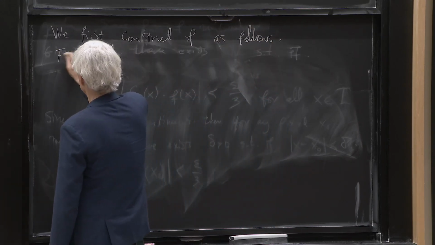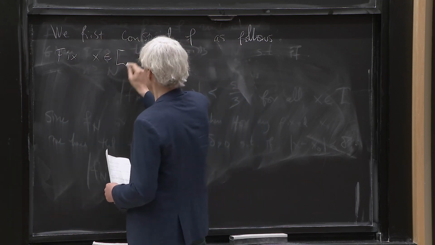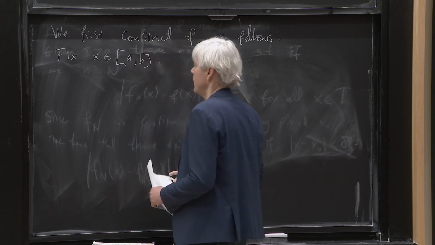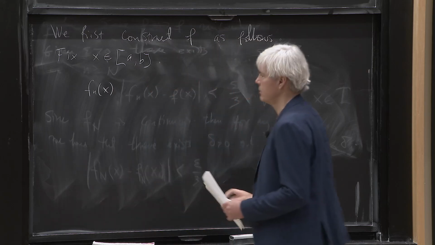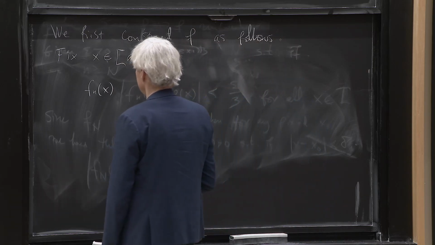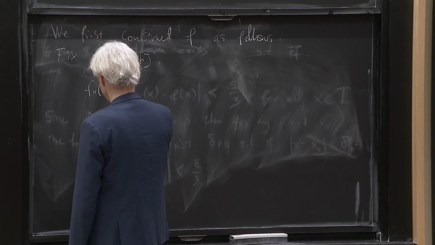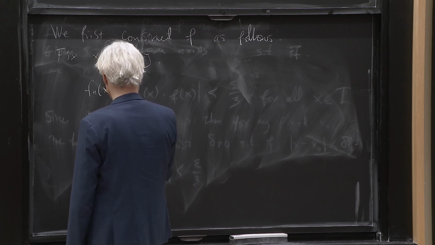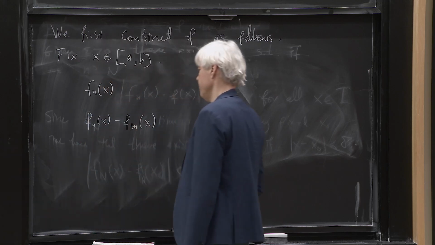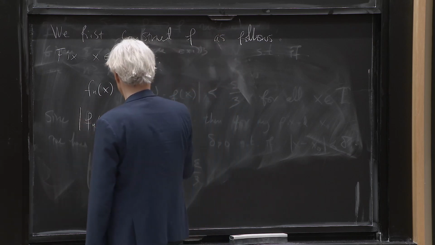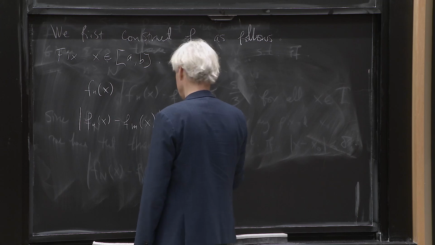If you fix x, a point in the interval, and look at the sequence fn, this is now a regular sequence. Then we have that fn of x minus fm of x, for two indices n and m like this,